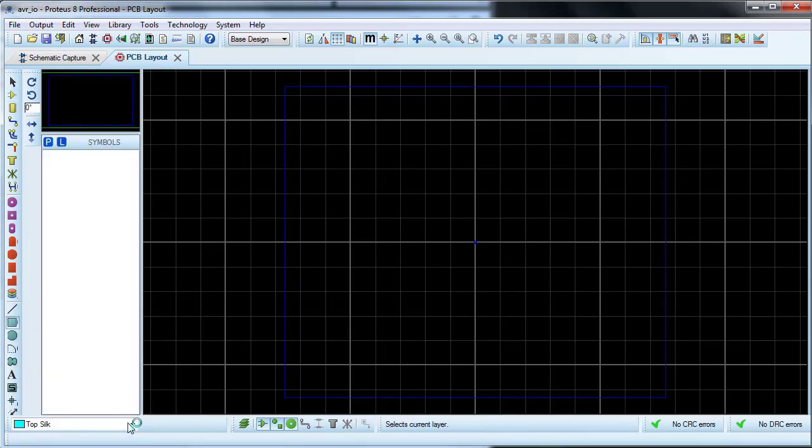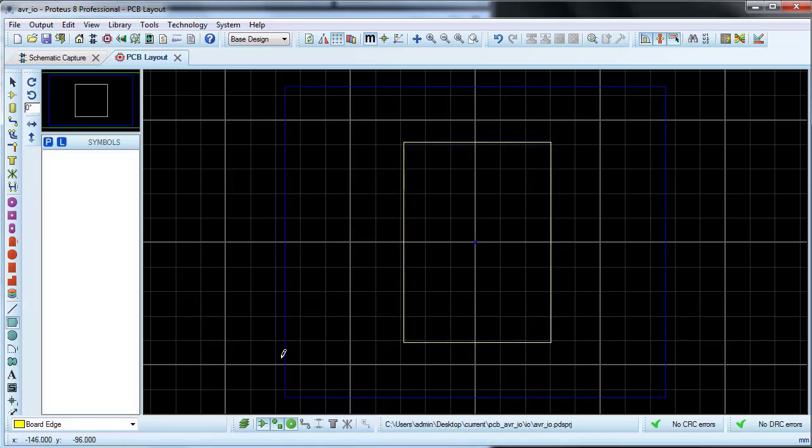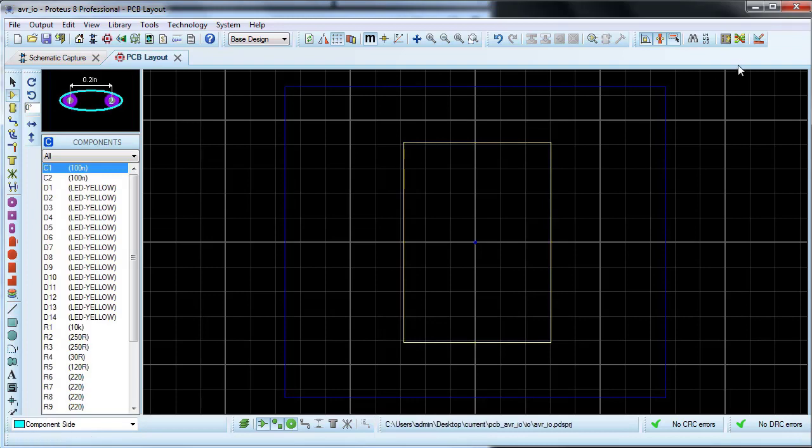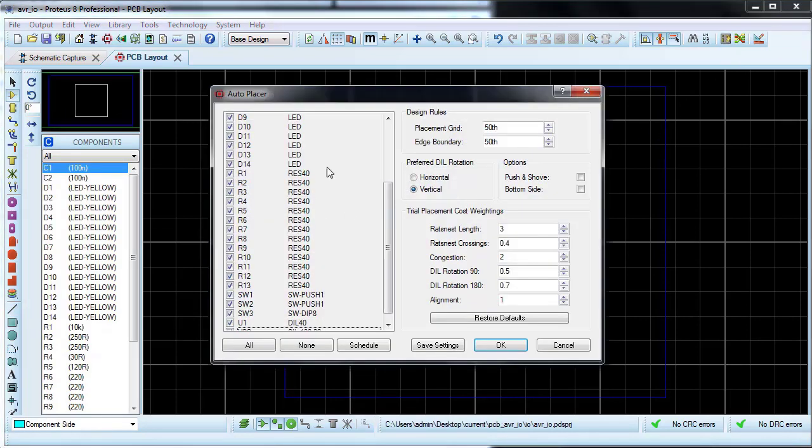The first step is to choose a board. To properly place the packages, let's use from AutoPlacer and manual adjustment step by step. First, the microcontroller, dip switch and connector.